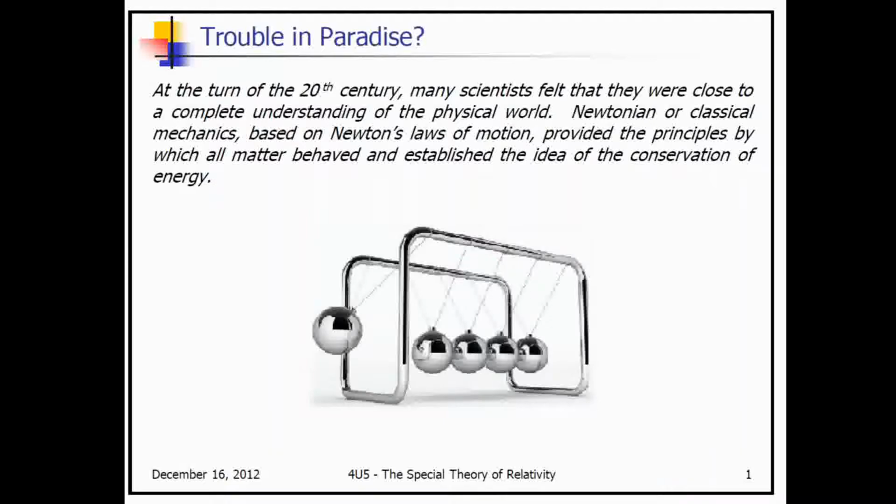The understanding of electricity and magnetism was becoming firm, and they determined that there was a connection between the two. They also determined that light is actually a form of electromagnetic radiation. So all of this started to look like the field of physics was going to be solved. But then things got a bit interesting when we started to look at the more microscopic world. And this is when things kind of started to fall apart.